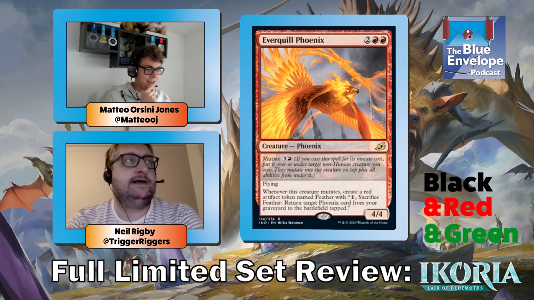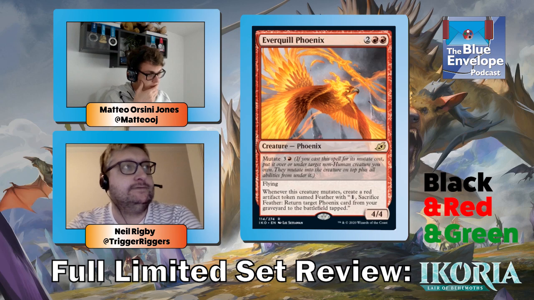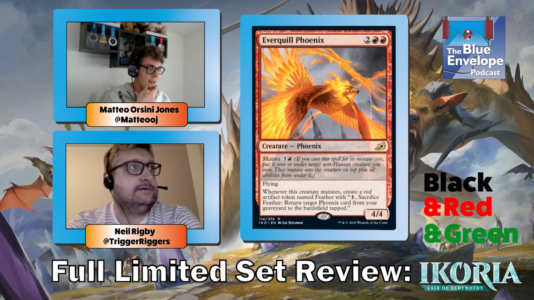It's great. I had it. It's a red Phoenix. Great. Yeah. 4 mana, 4/4 flying. I like that. Good start. When it mutates, create a red artifact creature named Feather with sacrifice and return target. Oh, okay. So it's kind of like...